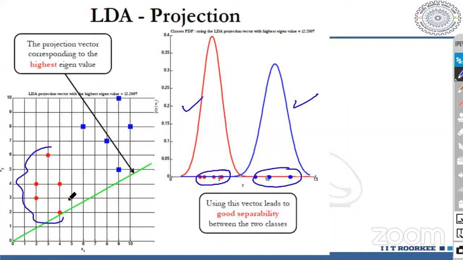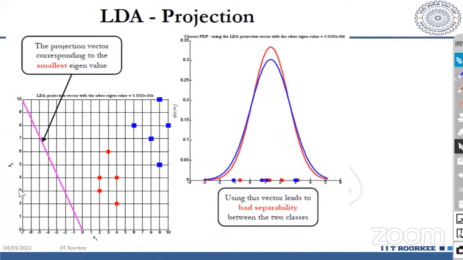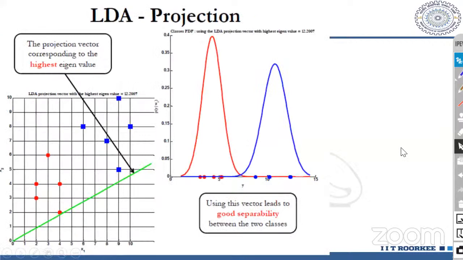So if you have clusters like this and you are trying to project, I will go to the previous slide. When you project onto the eigenvector corresponding to the lower eigenvalue, the two-dimensional points are projected onto this one-dimensional line, and it is not good separability. Whereas when the direction is like this, it is of course perpendicular to the pink line, because the two eigenvectors are orthonormal to each other. So when I take the perpendicular to that pink line, which is the green line now, you can see that the data points